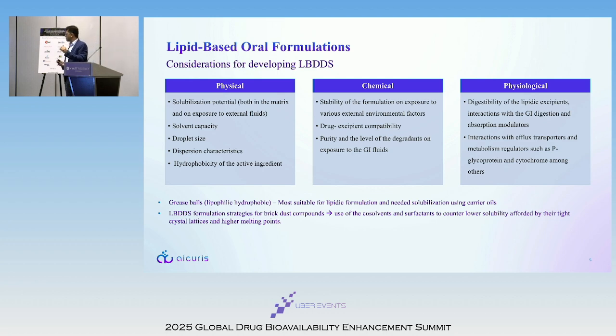I can cite one more example. We were developing a cream formulation for an antiviral drug for topical application, working quite well in terms of the skin permeation, skin deposition. But over 6 months storage at 40/75, we saw that one of the oxidative degradation products was going out of specifications. We tried to understand a bit more, and that was linked to use of the PEG. Of course, PEG is not a lipid excipient, but it has some residual oxidizing impurities, right? Then we just thought there are super refined PEG options available from some of the specialty excipient companies. We tried to replace this normal PEG with the super refined PEG, and surprisingly, data was quite good.